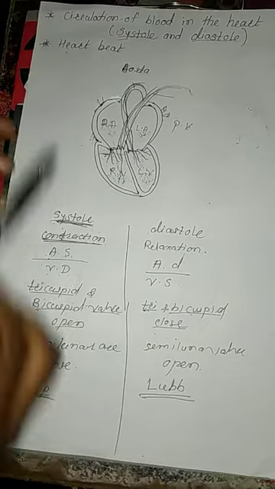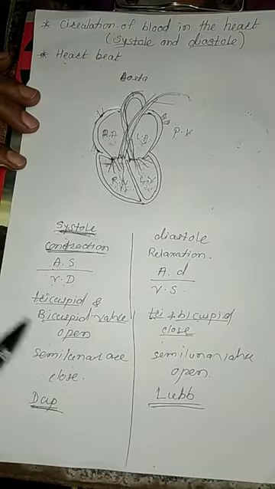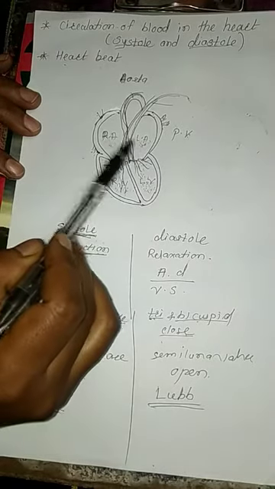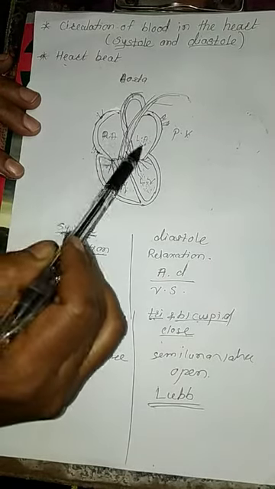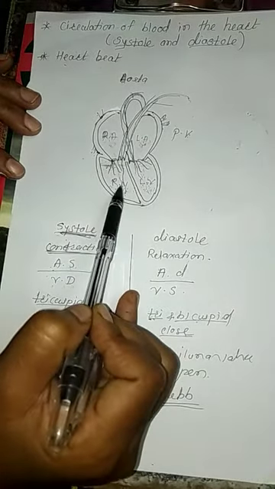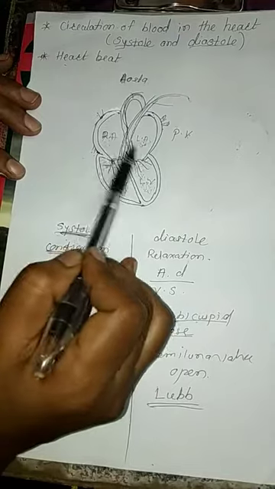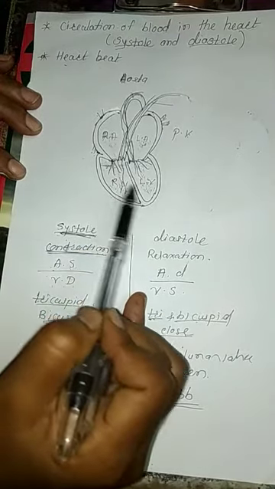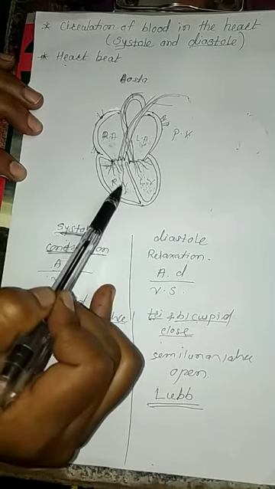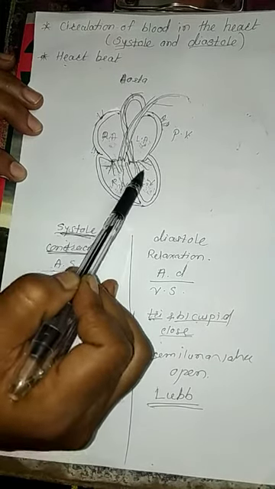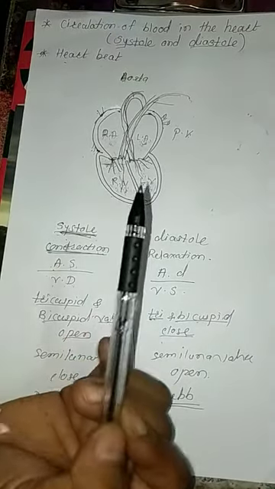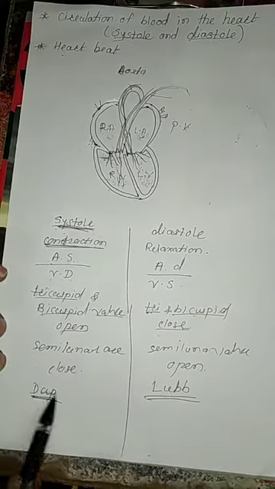Got it, everybody? What is the blood circulation? Again, I will explain. See carefully, student. When both auricles contract, they are in the systolic phase, and simultaneously both ventricles are in the diastolic phase, which means both auricles are contracted and both ventricles are relaxed. When the auricles contract, blood is transferred from auricle to ventricle, meaning the tricuspid and bicuspid valves are open and the semilunar valves are closed forcefully, and that is when they produce the dup sound.